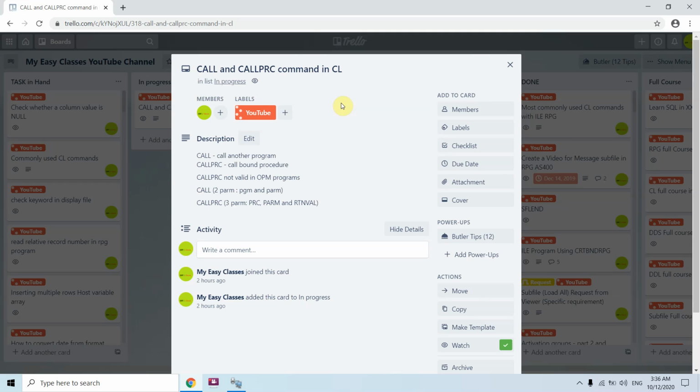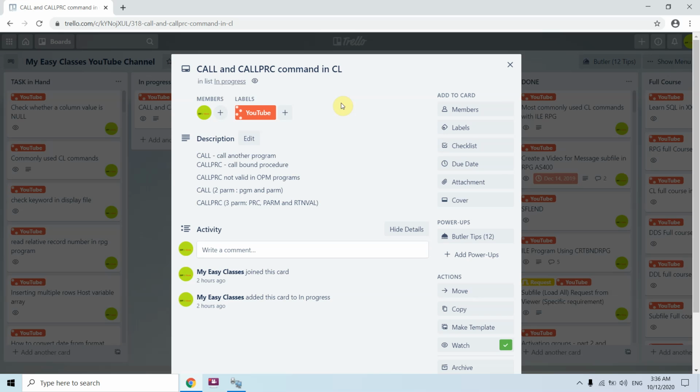Then the parameter is what we pass to that module or service program procedure. And RTNVAL is what returns the value, so if there is no return value, it should be *NONE. In the case of parameters also, there are two options, by value or by reference. As we all know, in ILE we can pass the parameter using call by reference or call by value.